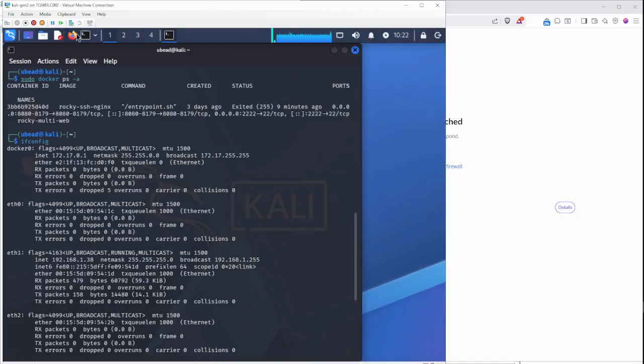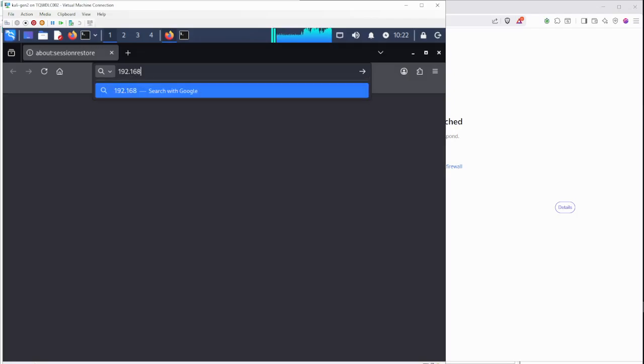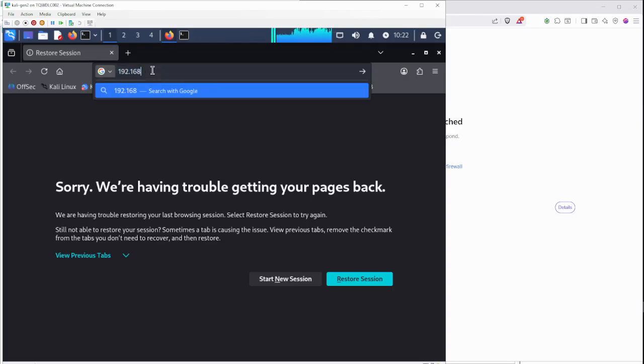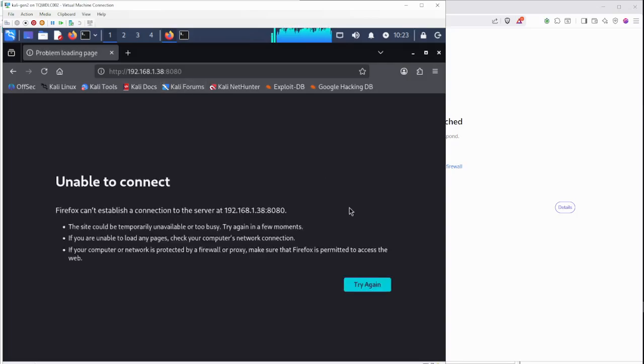Let me open it inside. I don't want to see whether there is any firewall or not. Port 8080, able to connect to that one. We need to check why this is not